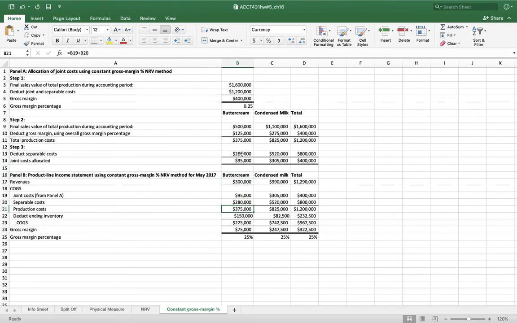The production costs are the joint costs and the separable costs added together. The ending inventory is the production costs from above divided by the production from the info sheet. So that would be 300